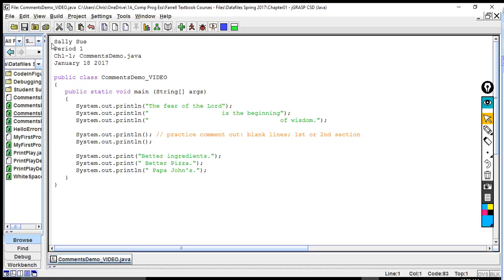Now this is the way headers or headings should be in our assignments. You should have your name, the period, the name of the assignment, and then the file that is going to be submitted. In this case it would be commentsdemo.java. And we're saying it's chapter 1.1, and then the date. Instead of what we've done before, just line comments on each line, now we're just going to put 2 symbols in. It's a little bit quicker, so we're going to put the / and